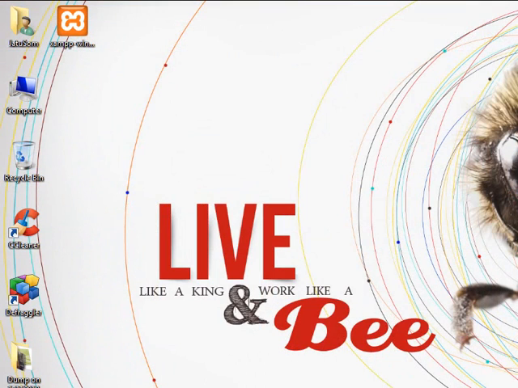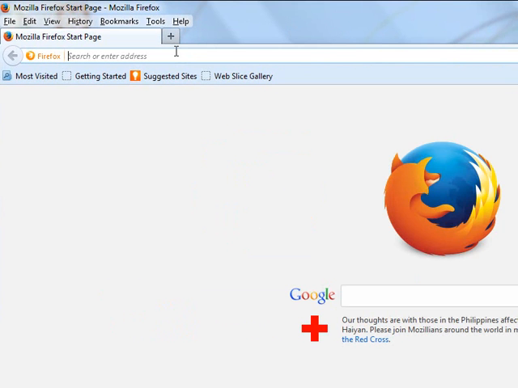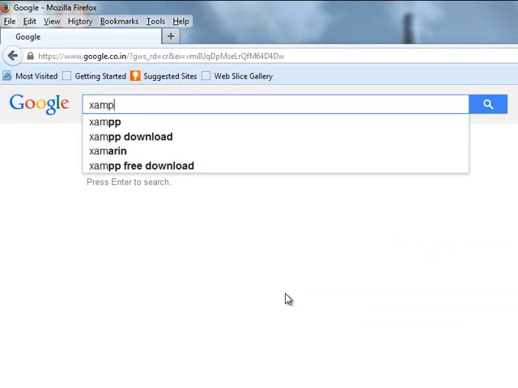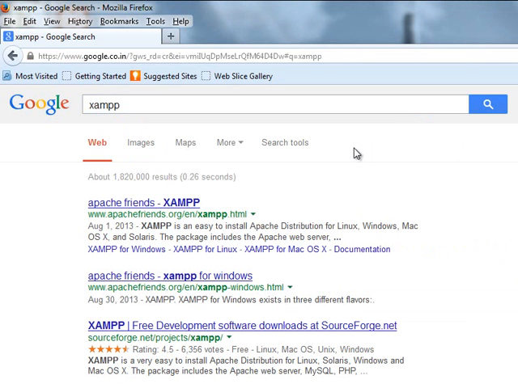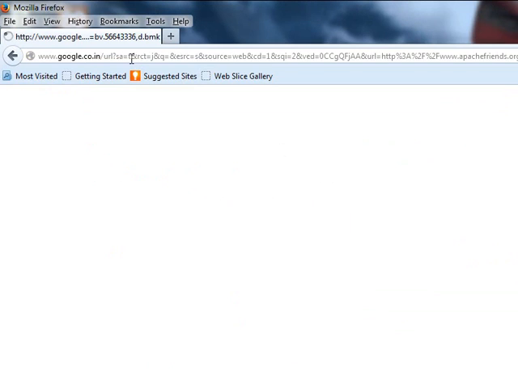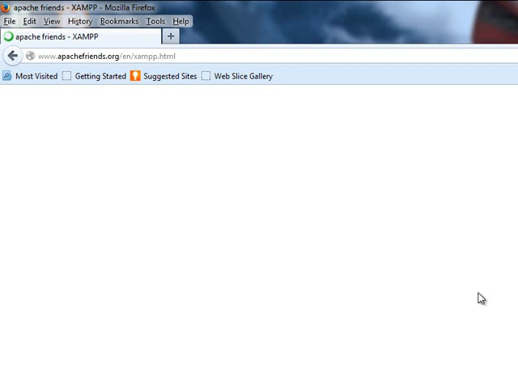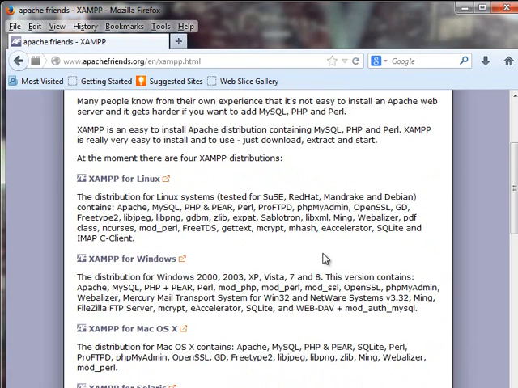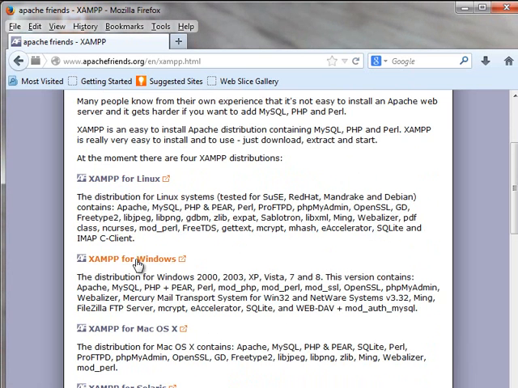So first of all, open the web browser and in Google simply type XAMPP and follow the first link, that is Apache Friends XAMPP. Here we find XAMPP server for different operating systems. As we have to install the XAMPP server for Windows, click on the link XAMPP for Windows,